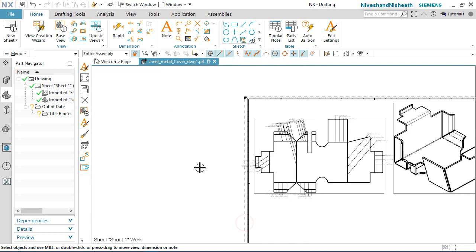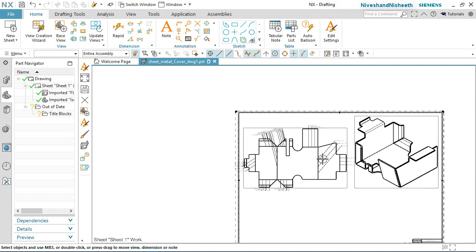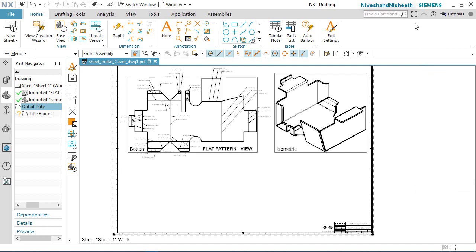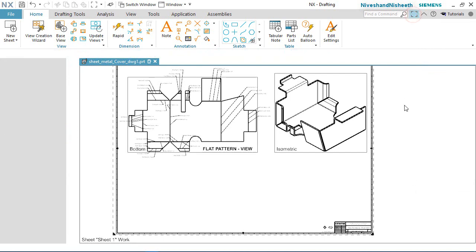OK. To close the dialog box. Now see the final view of this drawing sheet of this model.